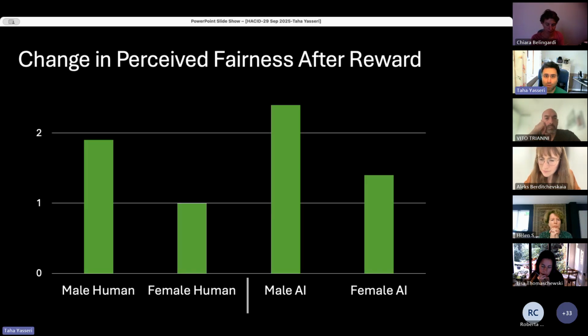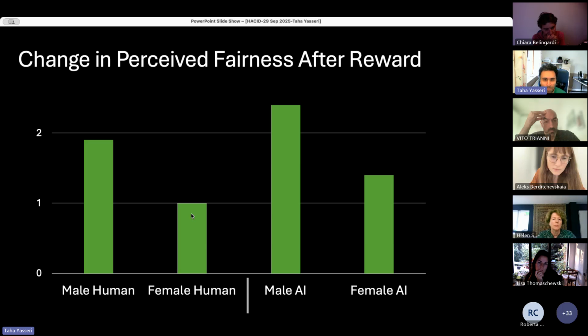Okay, people who were selected to receive the additional reward, generally their perception of the manager improved. So this is the change in the perceived fairness. Only for those who were rewarded, we see a positive change. But the reward coming from a male AI manager was appreciated the most, the largest amount of increase in fairness evaluation. The very same decision, statistically the same, coming from a female human manager was not as much appreciated